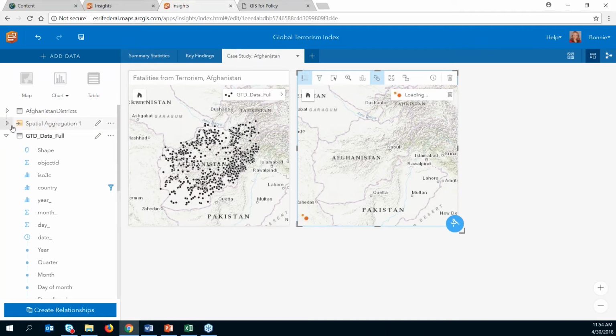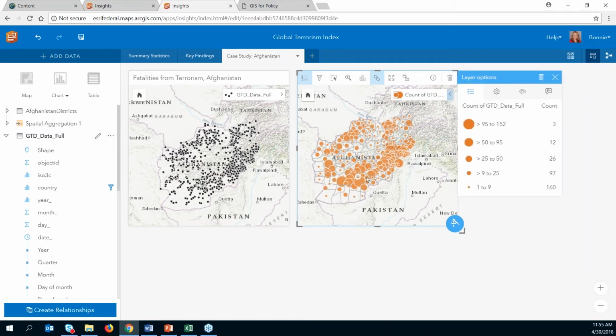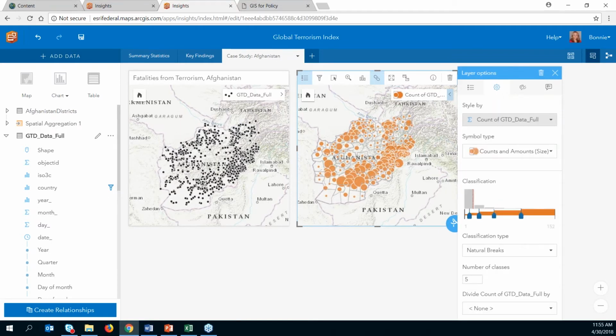And so notice as it's running, I'll point out here, I went pretty quickly there, but this is my result data set. So if you've noticed, the source data sets are the black symbols, and any result data that you get from creating a new chart or performing an analysis like this, all done with these orange symbols. So now I can change the styling on this to highlight that count or the total number of fatalities